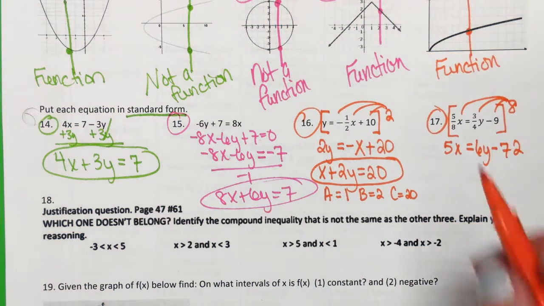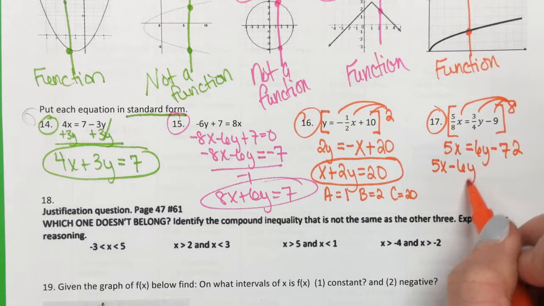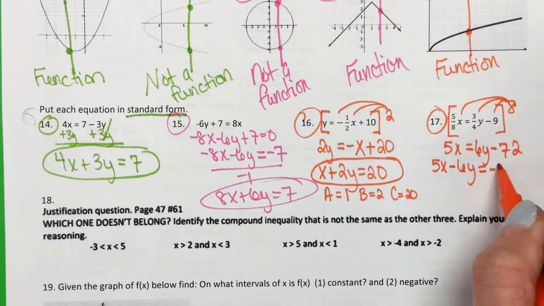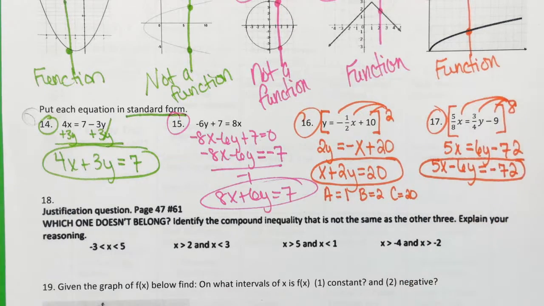All right, so you got to have the x and the y on the left. So I'm going to subtract that x, or excuse me, subtract the y, and make sure that you keep the 72 negative. Are y'all okay? Yeah? Okay, so